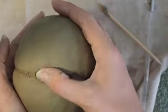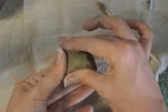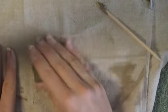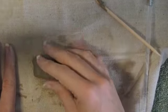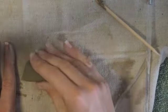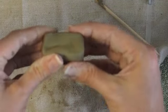All right, but now we have this weird indention right here. So we want to get rid of that, and we're going to do that by making a coil. So you're going to get a little piece of clay, all right? And you want to square it off first. Kind of like a little rectangle. And then once you have that rectangle formed,